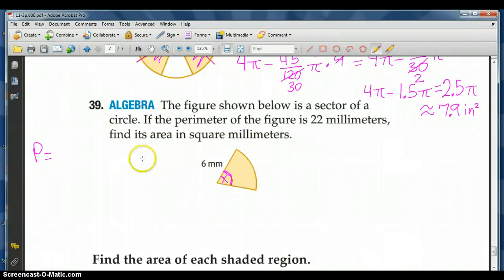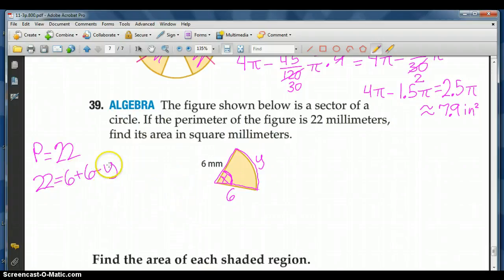So my perimeter, which is 22 millimeters, is equal to this side, which is 6, plus this side, which is 6, plus this side, which we don't know. So we can call that another variable. We'll just call that y. Now we have to solve for y. So what is y equal to? Y